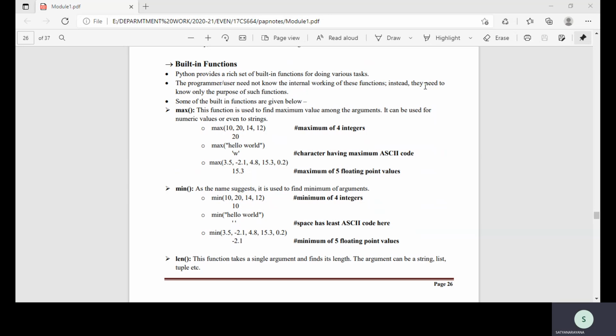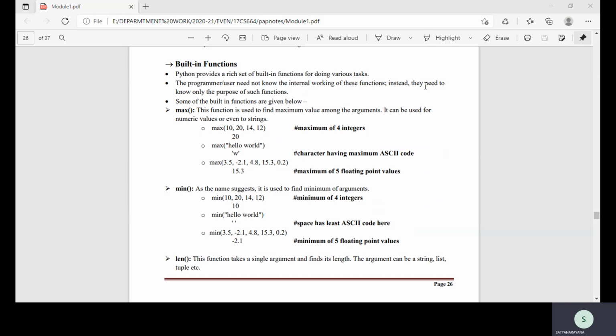See, when I execute this, it is giving the space because that is the lowest character. Now what I will do is I'll also do again min of hello world. I'm not giving space. Now let us execute. You can see, so D is there, so D has been taken.